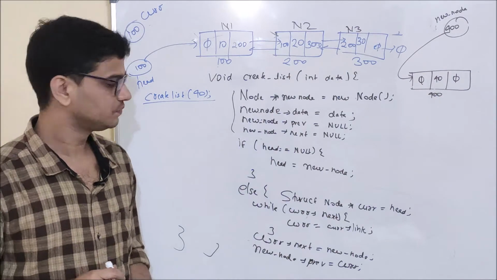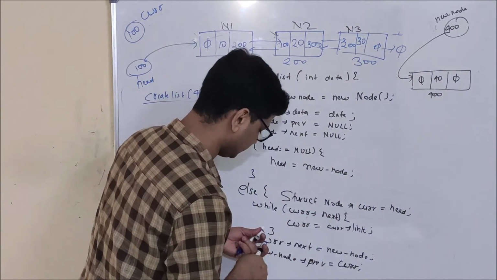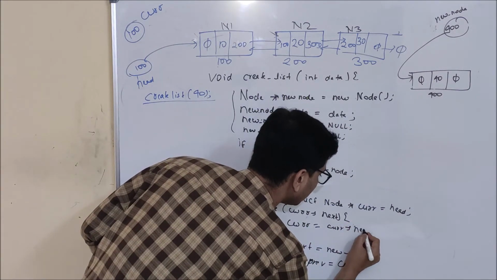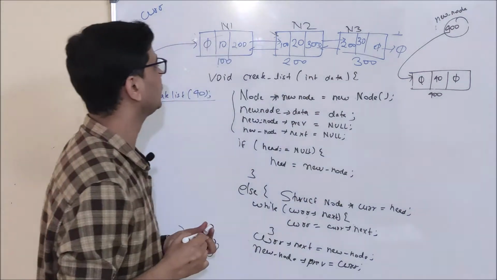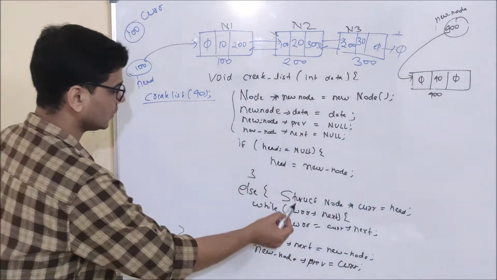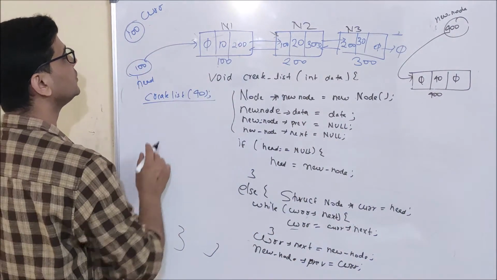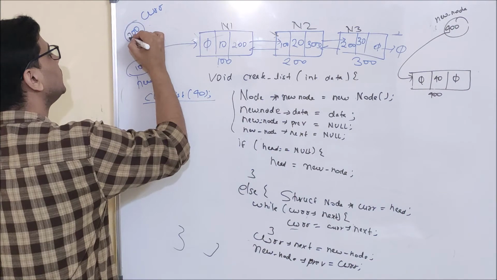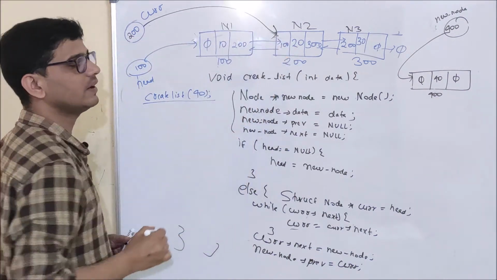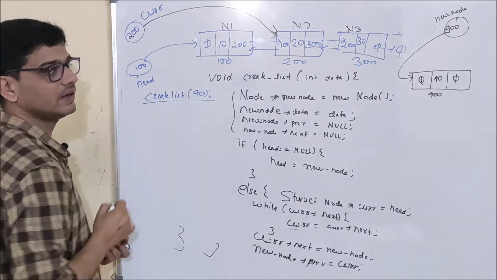So what will we do? We will execute this line. One minute, actually this is wrong. Here by mistake I have written link. It should be current dot next. Okay, I think it is self-understood. Now let's see. We will update current to current dot next. And what is current dot next here? 200. So we will update 200 here, which means this current pointer will start to point to node 2, and prior to that it was pointing to node 1.